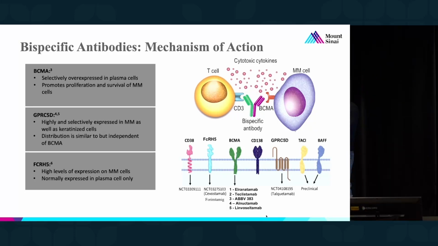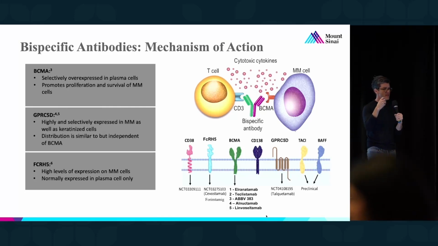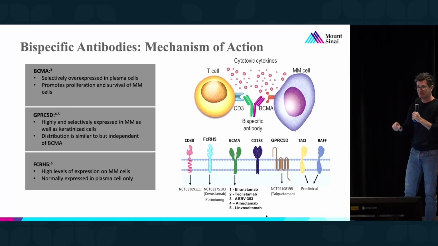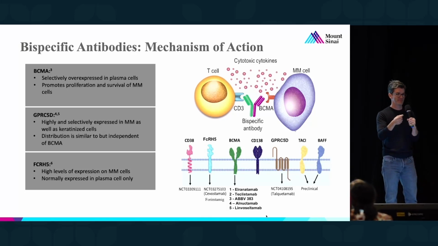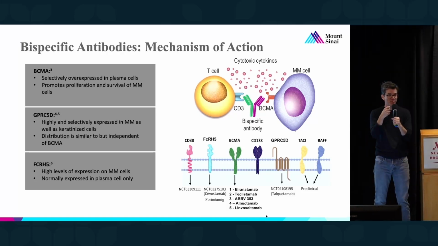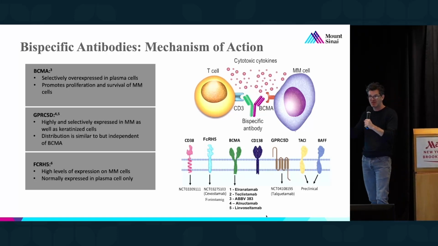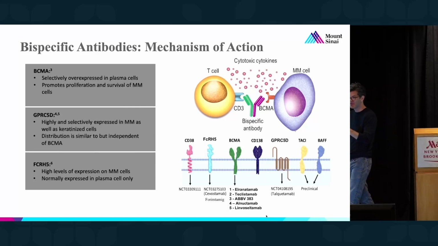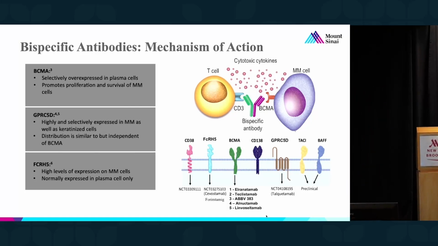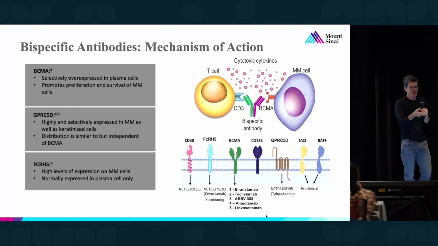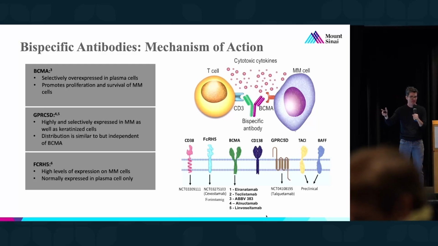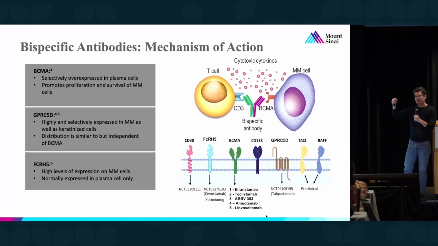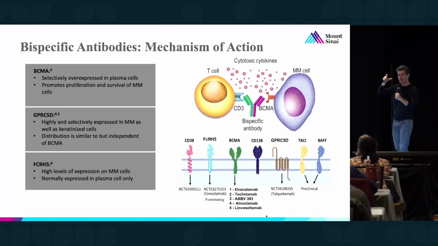But then FcRH5 is another target that has been studied and is currently being studied with bispecific T-cell engagers with a drug called cevostamab. We don't know what it does. We know it's on the surface of the myeloma cell. We don't know what it's for. And we know that it's expressed mainly on myeloma cells without it being expressed in other cells that much. So it also makes it a very exciting target to use because we don't see that much toxicity from it being expressed in other cells. So that's how we choose which bispecifics to use, and if we can find a specific